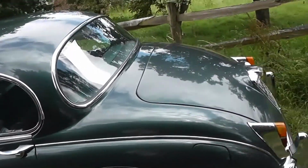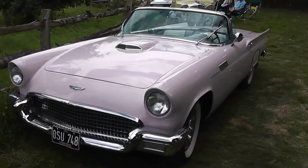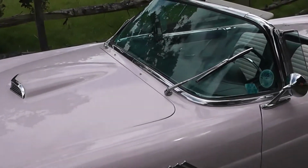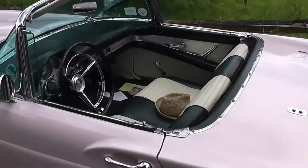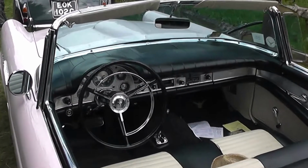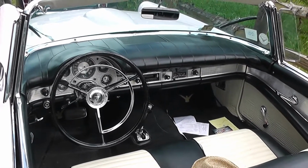And now we go round to a bit of American glam. 57 Thunderbird. Got a friend with one of these, and his is a 56, which is the only year they put the spare wheel on the rear bumper. And he's actually got a record player as an optional extra mounted under the dash. But yeah, very popular little